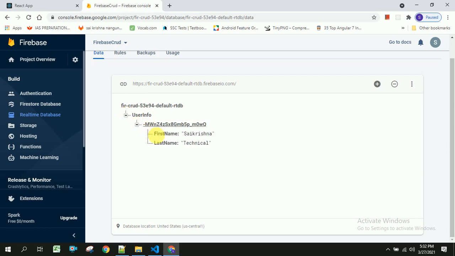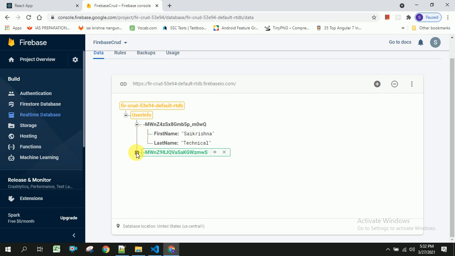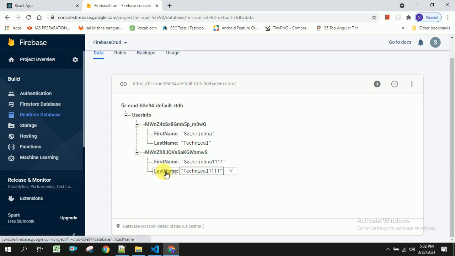Inside this you will be able to see the first name and last name. Let us enter some other things as well. You are able to see another object with the properties first name and last name with the updated object.